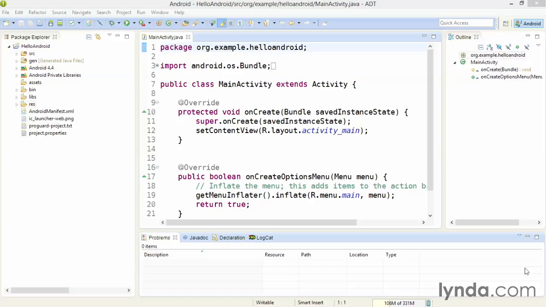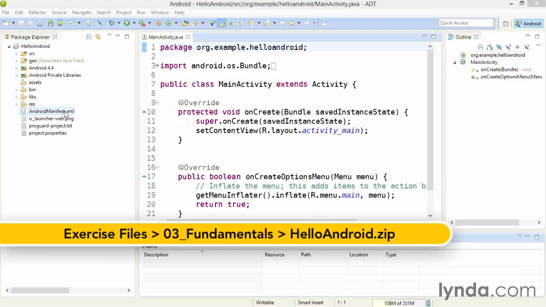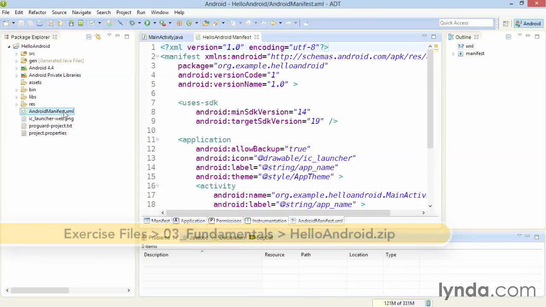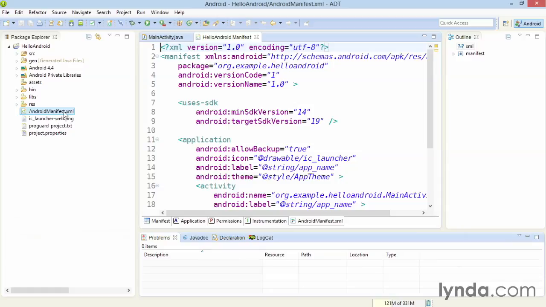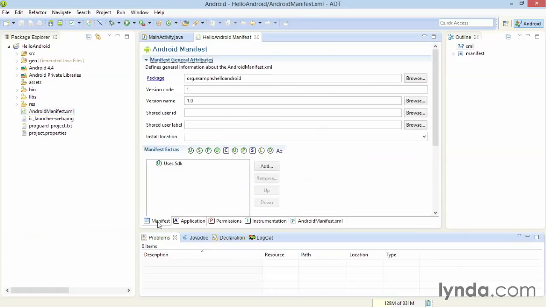The Android manifest file is an XML file that describes to the operating system the application's ID and its capabilities. The name of the file is always the same, AndroidManifest.xml. The first time you open it, you'll see this graphical UI in Eclipse that lets you fill in critical parts